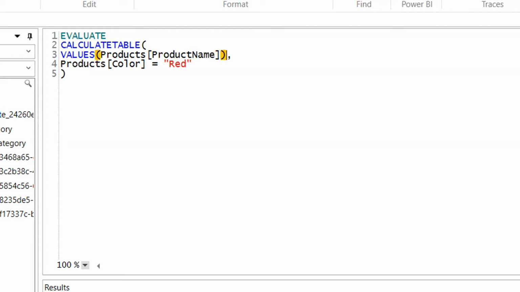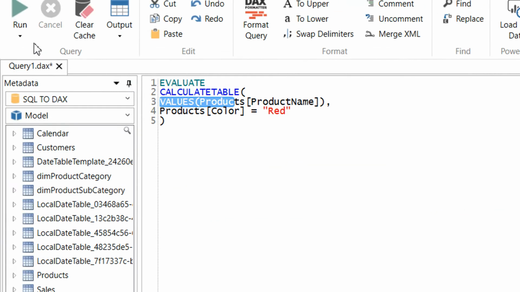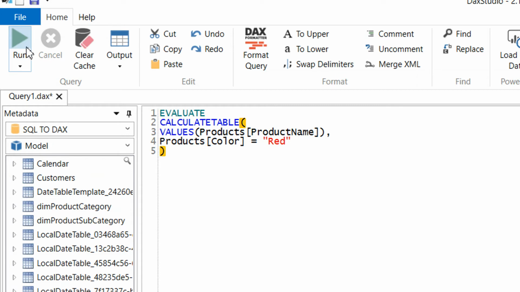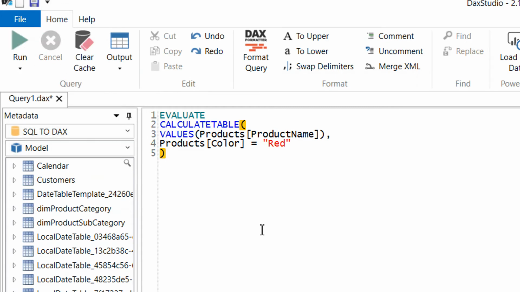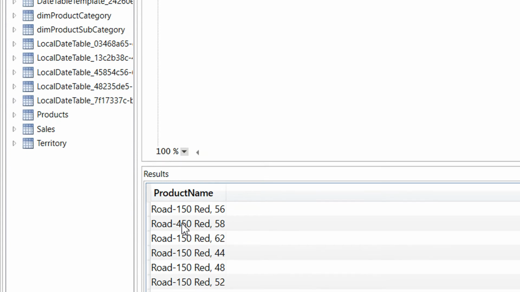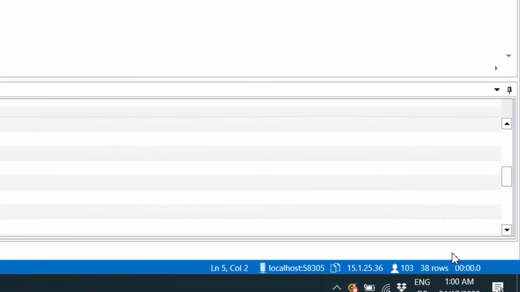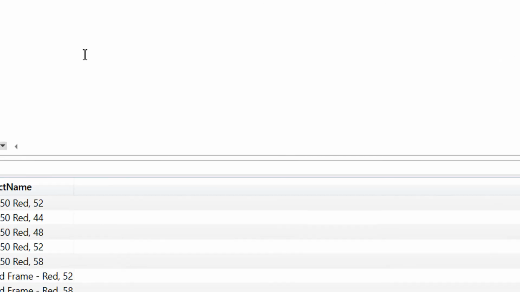We just need to close it, and this is a one column table. So we just need to click run, and here you can see we are getting all the unique products, and we are having here 38 rows.